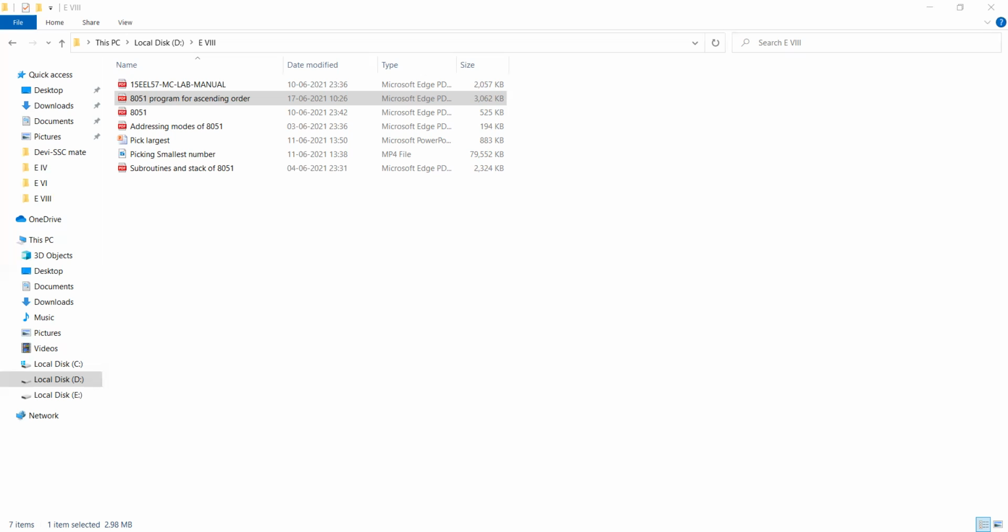If no carry, then there is the method. If there is a carry, again the same process: decrement DPTR and keep the smaller number first, then increment DPTR and keep the larger number second. So up to this we have arranged 3 data in a particular order.